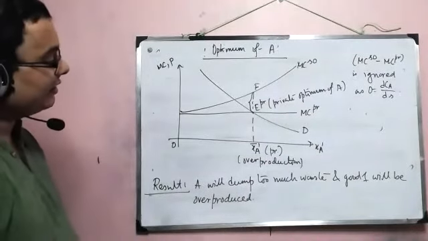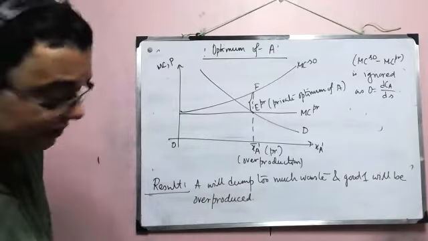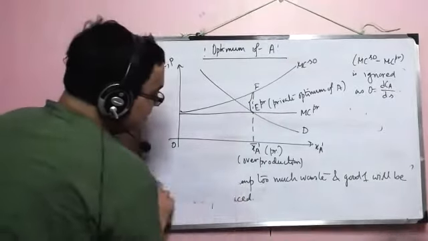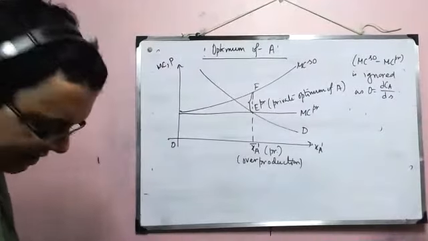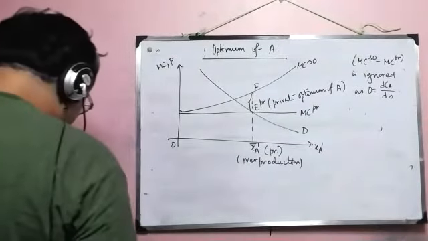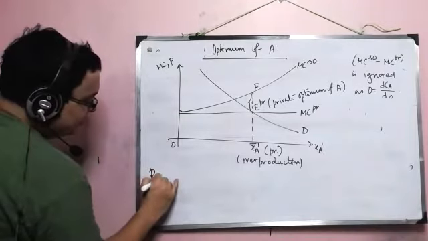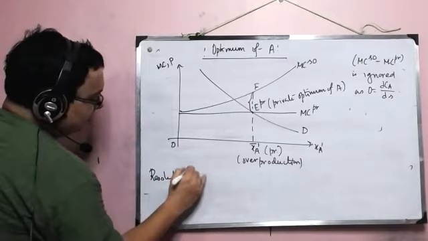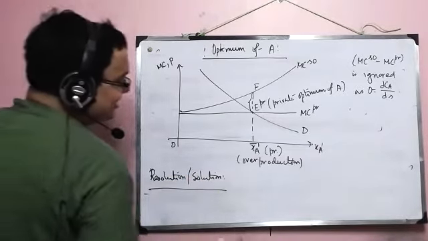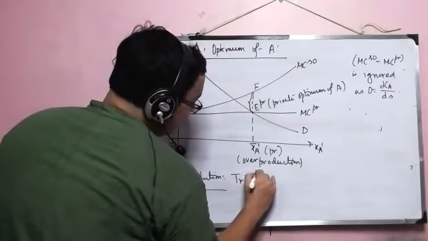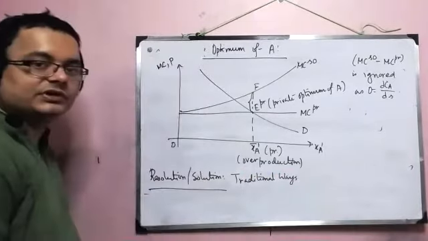Okay. So now we will be looking at the solutions. In a moment we'll look at the first kind of solution. So there are three kinds of solution that we'll be looking into, or let's say resolution, or you can say solutions. What are they? First, we'll look at the traditional ways. That is, they are suggested way back.